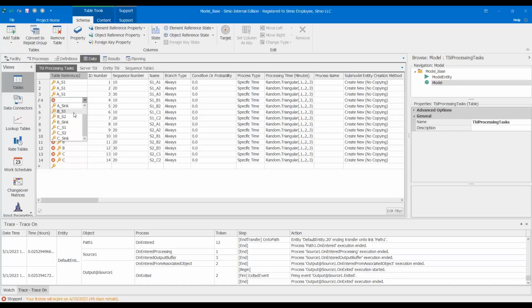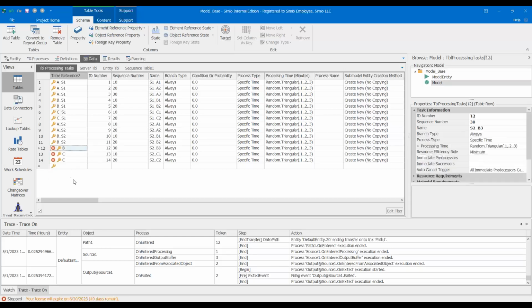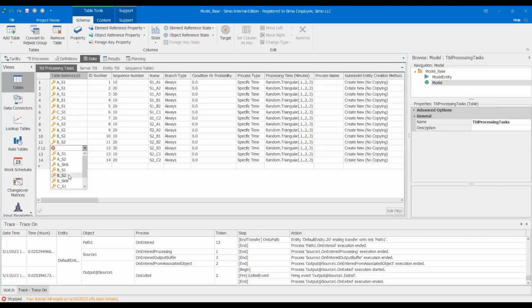And part of the reason that we want to use a sequence table here, you don't have to use a sequence table, you don't have to use sequence routing. It's just helpful in this instance because the sequence routing is going to increment the data table information for us. Whereas if we weren't going to use the sequence routing, we'd have to make process logic that then figures out which row to point to, and we'd have to add in some more logic for that manually. But the sequence table is going to take care of that for us. Okay,